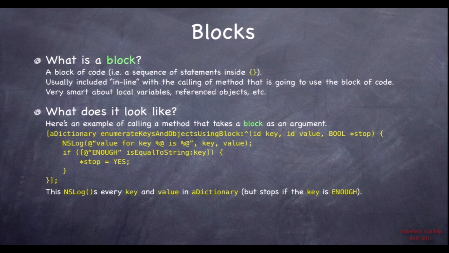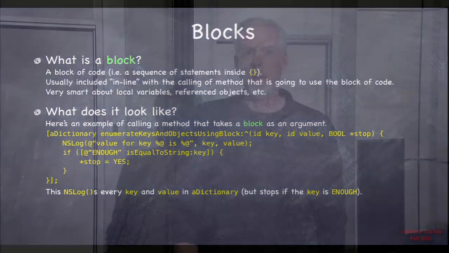Star stop equals yes is going to set the bool that the bool star points to, to tell it to stop. Okay, and then it'll stop enumerating, stop calling this block with all the keys and values. Okay, questions about that? All right, so this is a classic case of where we would use blocks. Now,